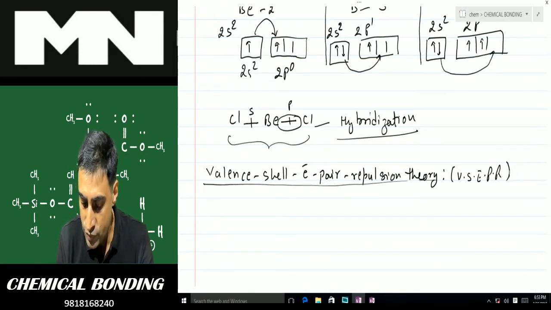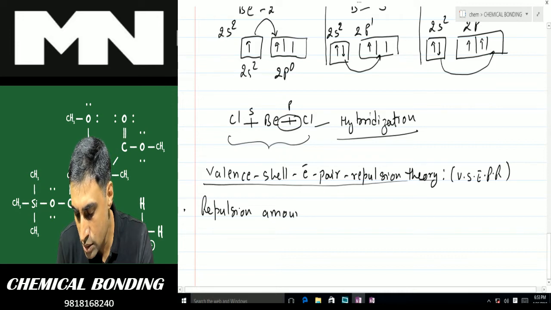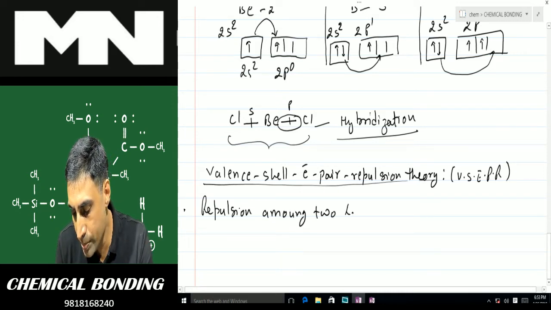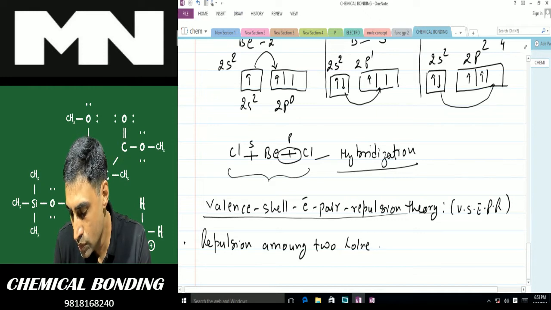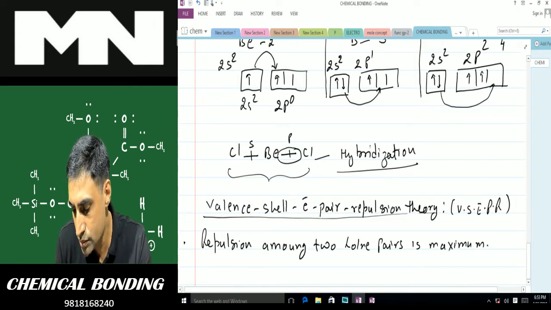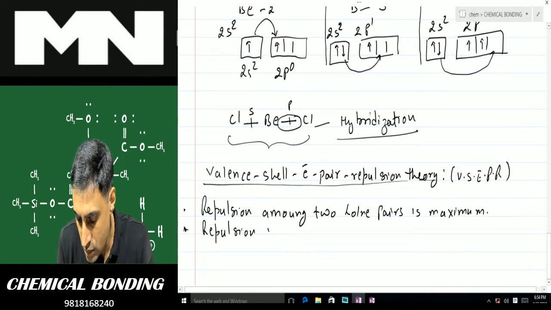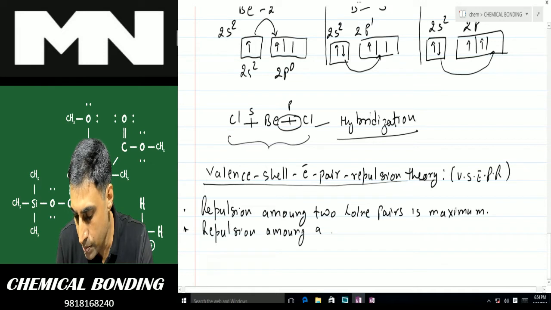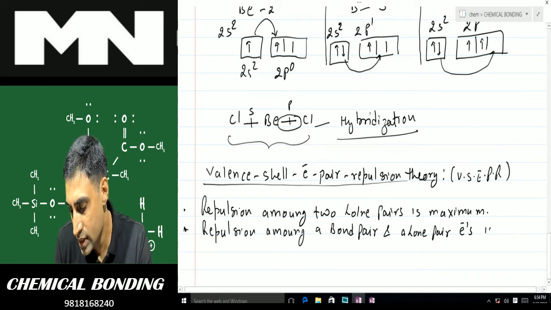According to this theory, the repulsion among two lone pairs is maximum, repulsion among a bond pair and a lone pair of electrons is moderate,